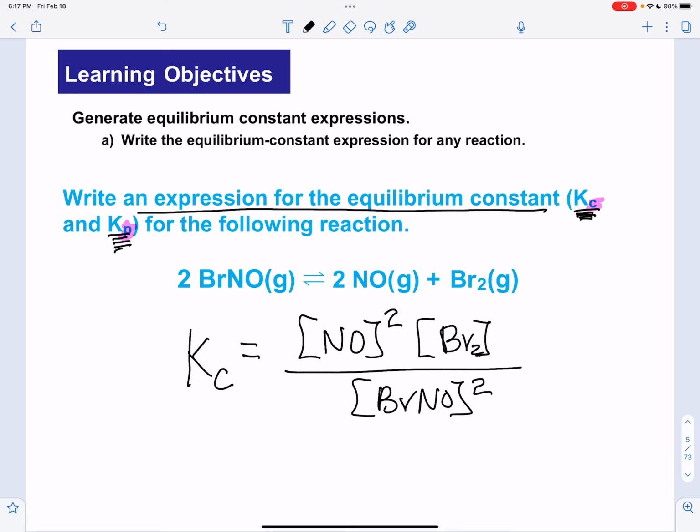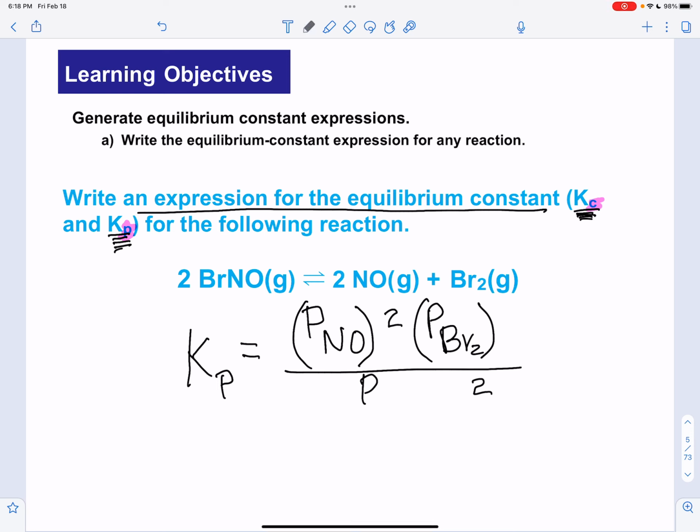So how do we do the Kp? Well, the Kp is going to be in pressures, so we don't use the brackets anymore. Brackets denote molarity. What we're going to do is use pressure. So the pressure of NO to the square times the pressure of that divided over the pressure of this. Let me fix that a little bit. So it's basically a subscript